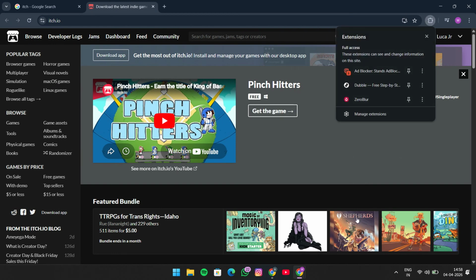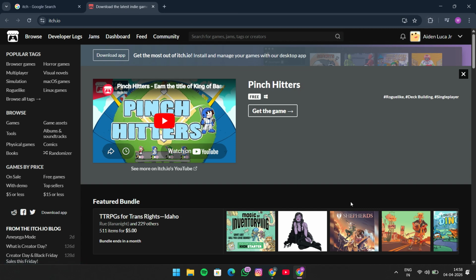If none of these steps fix the forbidden error, the issue may be temporary on itch.io's side or related to your network route. Wait a little while and try again later, especially if the site is under heavy traffic or maintenance. You can also test a different network, like mobile data, just to see whether your home network is being